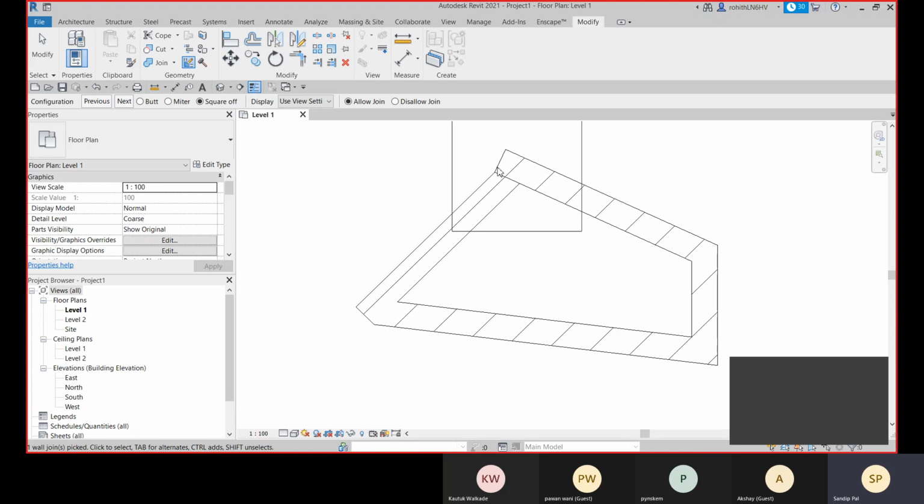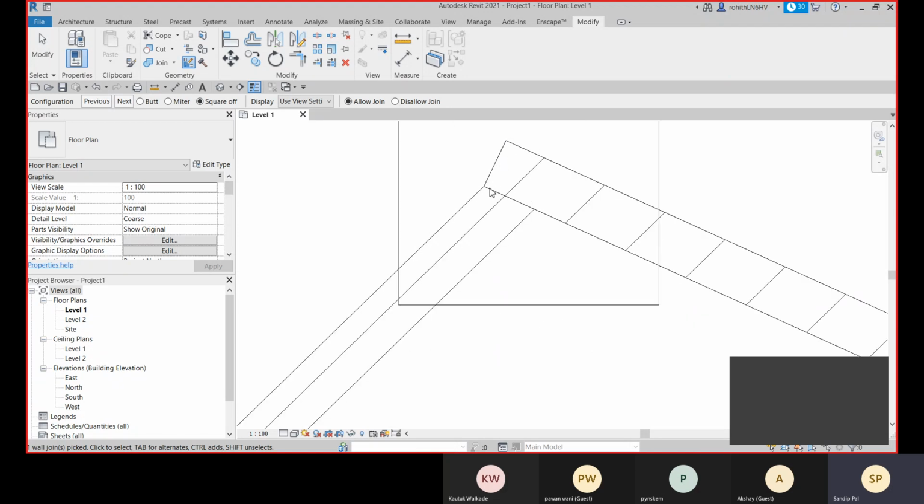So this end will be perpendicular to the other edge. The last end, which is connected with this wall, will be squared. This joint will be a square.